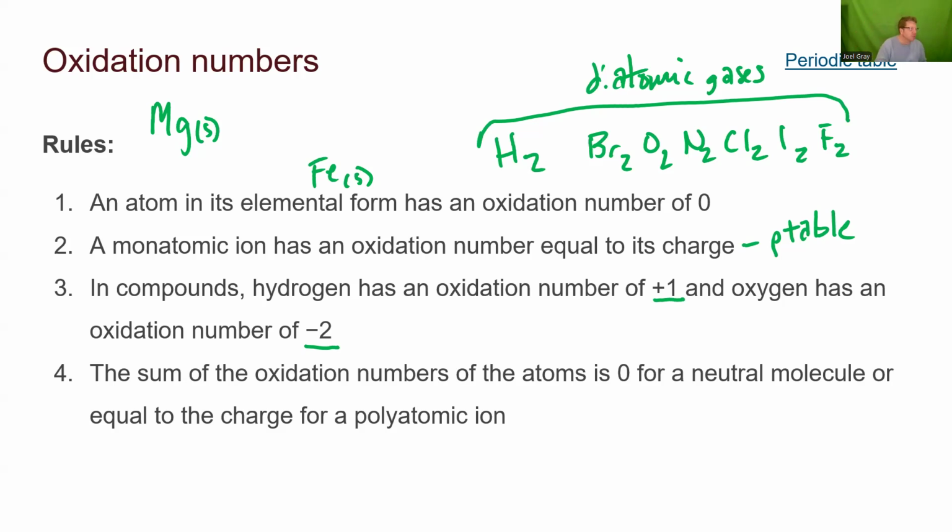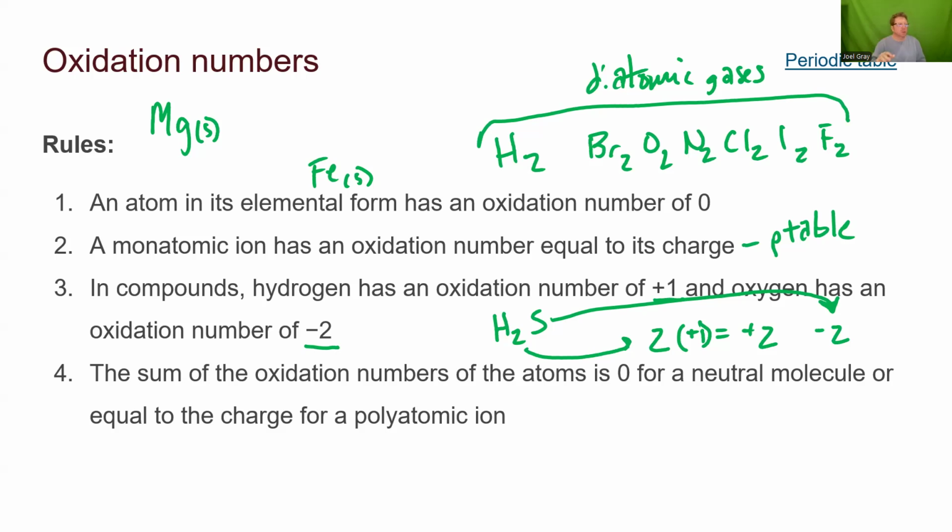So if I showed you something like H2S, you don't even have to look at the periodic table to figure out what the charge of S is. Instead, you should say, okay, well, H2, there's 2 +1s, which means +2. And in order for that to be counteracted by sulfur, sulfur has to be -2.